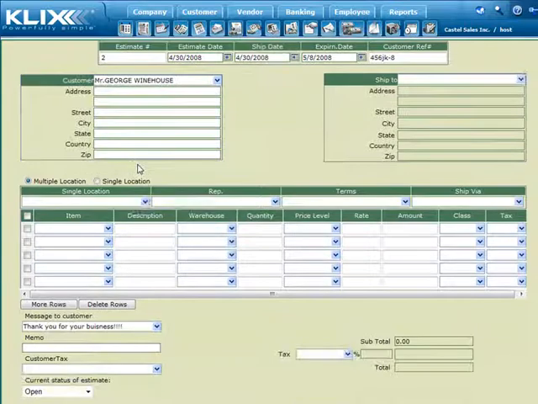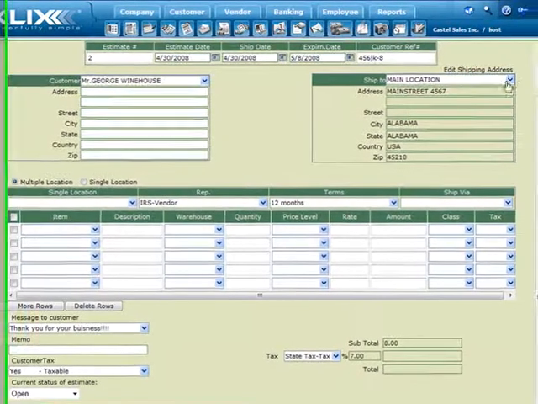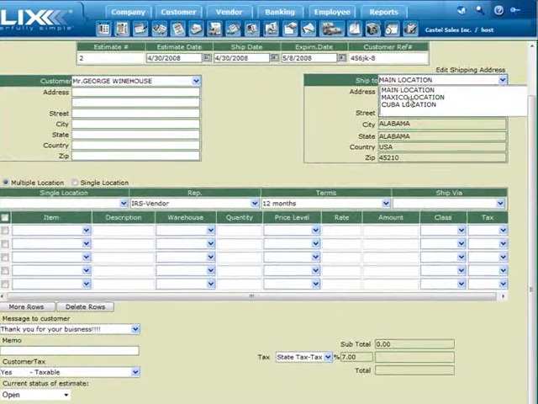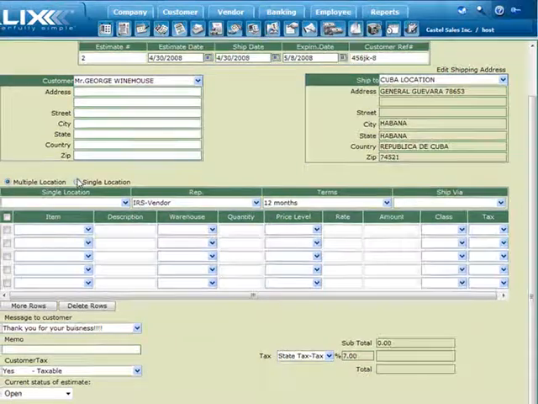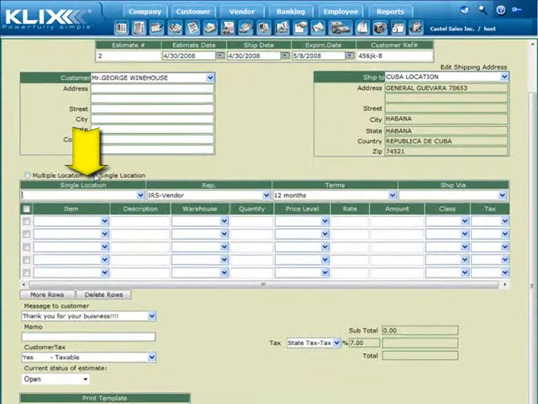Next, you will need to select the customer who you are creating this estimate for, as well as the address to where the goods will be shipped to. If you recall, when you entered this customer into the system, you had the option of entering several locations as delivery points. Depending on how you configured your business, you will need to select if the goods will be shipped to several locations or just one location. If you select one location, of course, all the goods will be shipped to that one location,